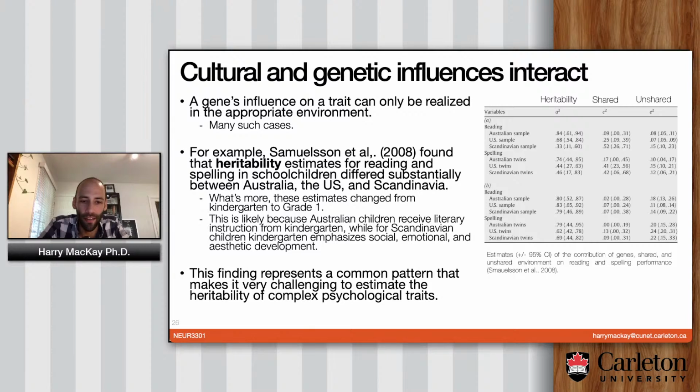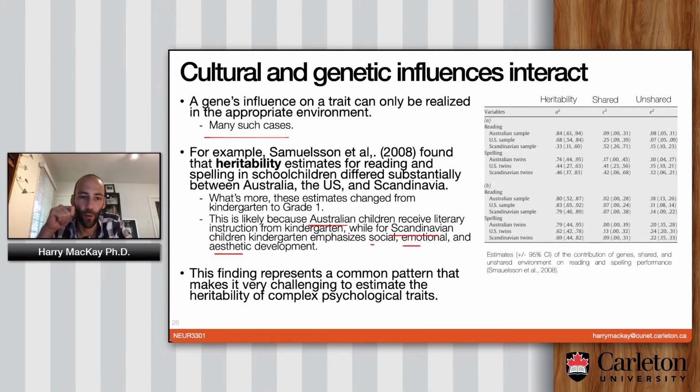So Australian kids begin learning how to read when they're in kindergarten, while in Scandinavia, kindergarten emphasizes social, emotional, and aesthetic development. I have no idea what aesthetic development is supposed to mean, but they're not really trying to teach kids how to read at that young age. So how on earth could you test whether reading ability is heritable in young kids if some kids haven't even learned how to read yet, or haven't learned as much about how to read? That all washes out, I should say. By the time you look at when they're older, the difference disappears. But when you look at a younger age, the effect of the environment is much stronger than the effect of the genetics. And this is just one of many such cases where